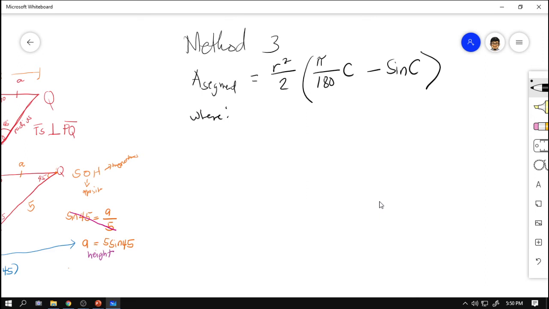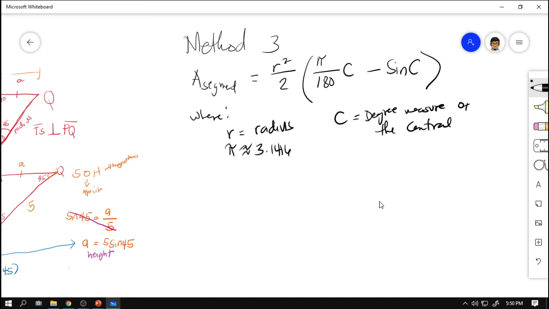Wherein r is radius, pi is approximately 3.1416, and big letter C is the degree measure of the central angle. Ang kagandahan ng method 3, pwede siyang gamitin kapag hindi special triangle yung na-form nung given segment natin. Okay? So, substituting it inside the formula,